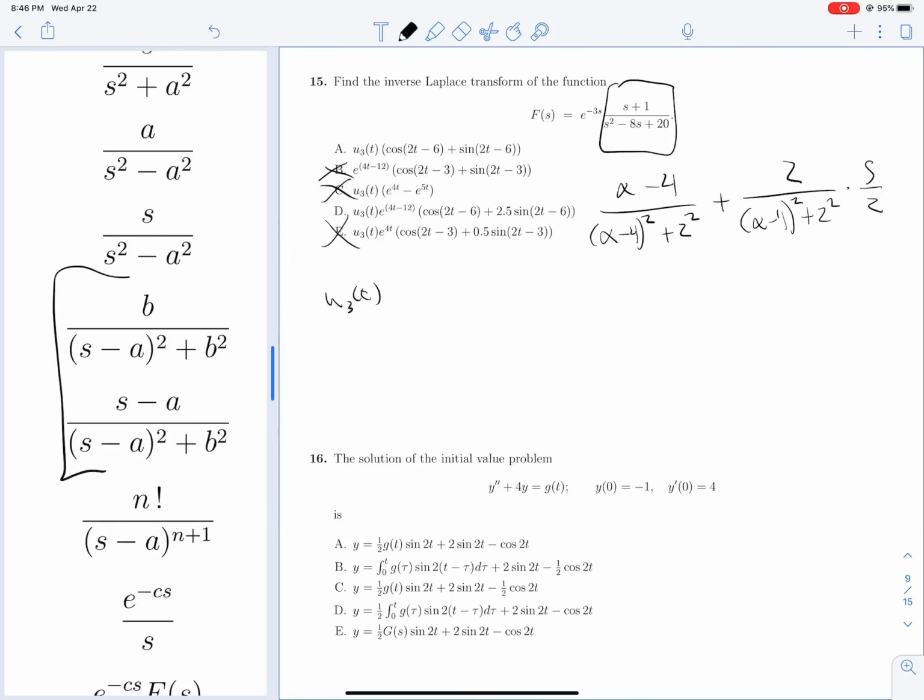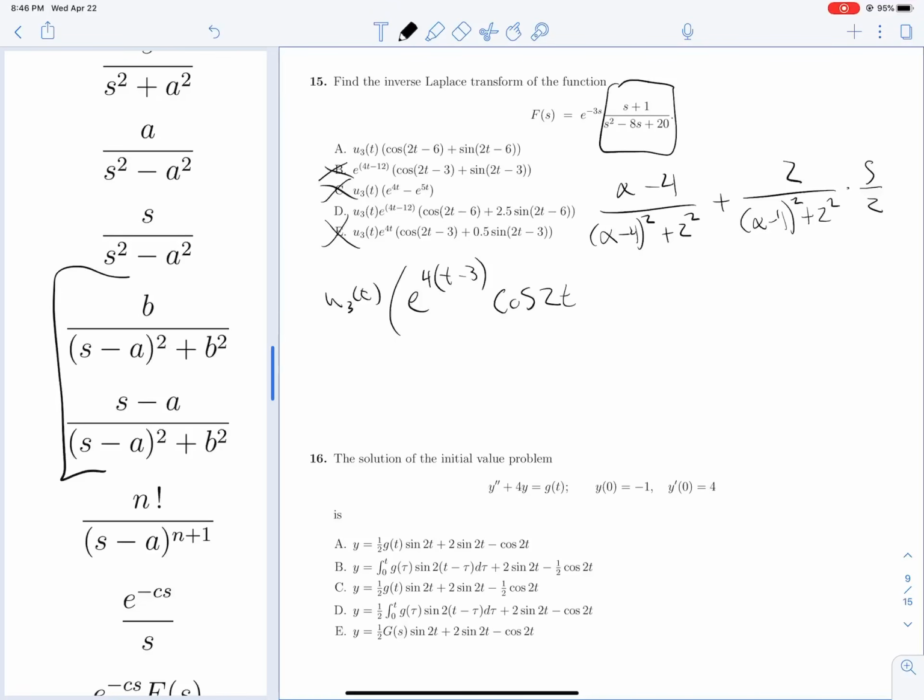So now we can really just take our answer right out of this. We know that this thing will turn into e to the at, where a is the value we're subtracting from here and here. So e to the 4, but instead of t, we're writing t minus the c value, so t minus 3